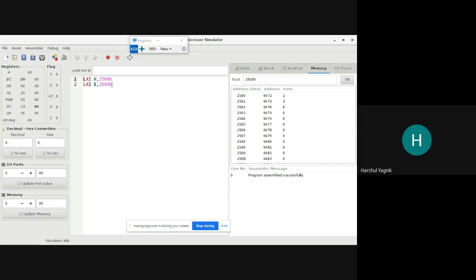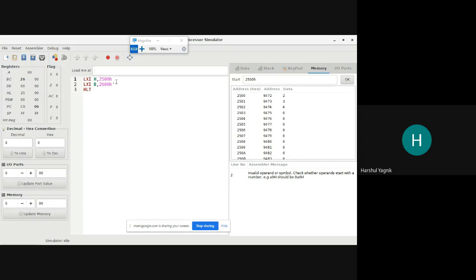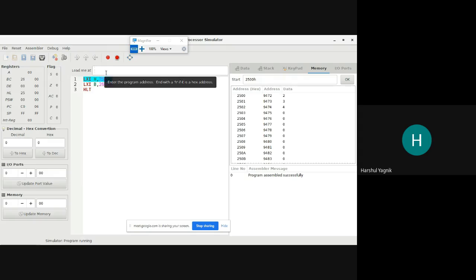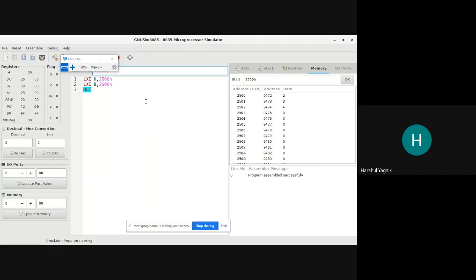Okay, there is no halt instruction over here. Again, run. HL has 2500 and BC has 2600. So these are the addresses of memory location, one from where we have to get the data, and second where we have to put the data.